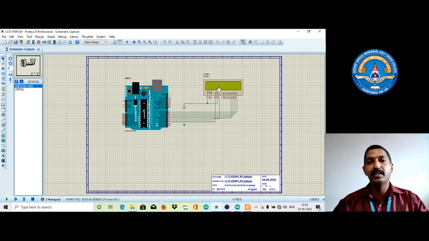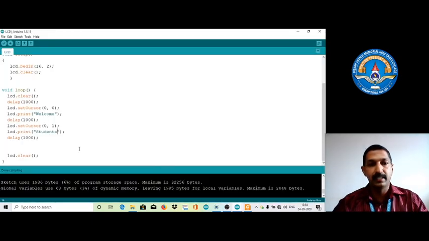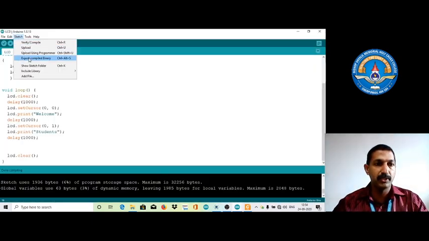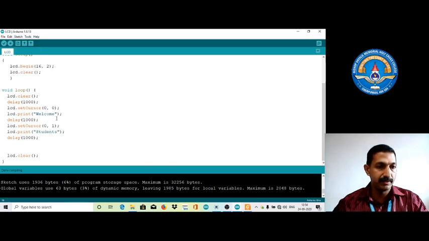So this is where we are. It's executed with the welcome and students. This is automatically connected with our hex files. So that is the difference. Whenever we need to change the content, we just need to do the export compiled binary. If you want to welcome